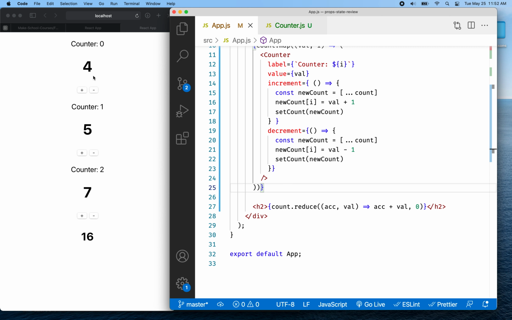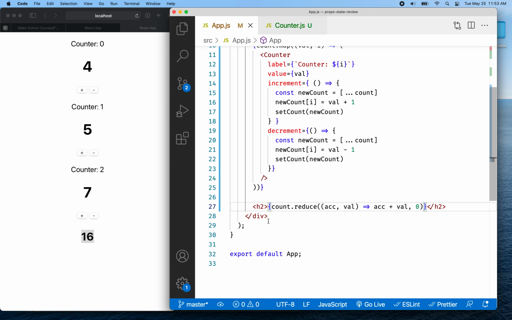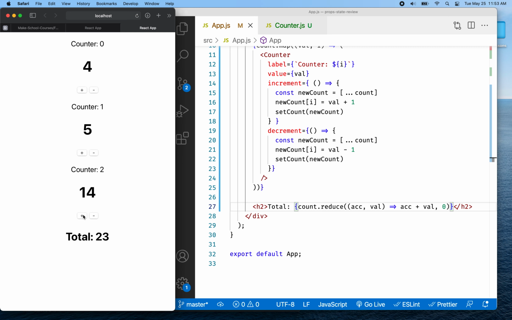So you can see here I've got 4 plus 5 is 9, plus 7 is 16. And then the value down here shows 16. Let's put "Total:" in front of that. Yes, total is 16. Then 23, 21, 22. So that seems to be working pretty good. Now that we've got the value there,